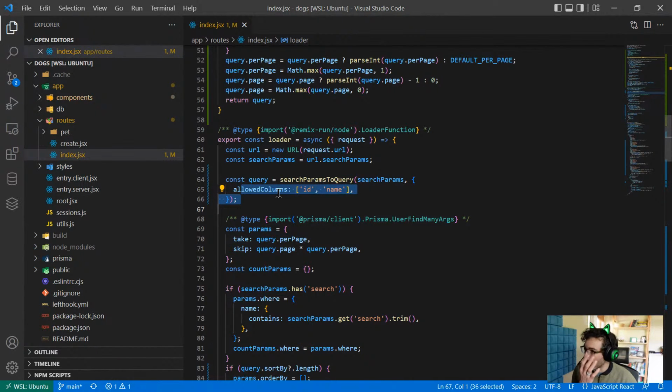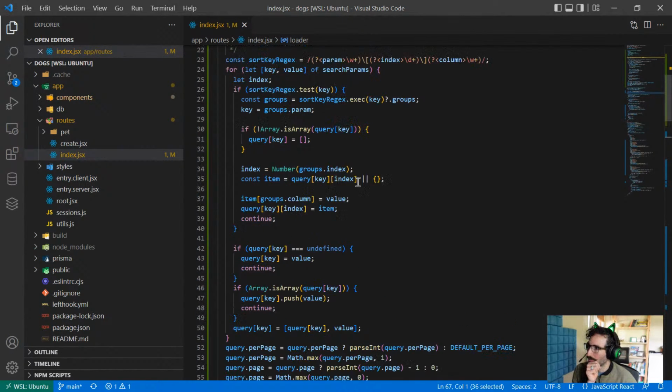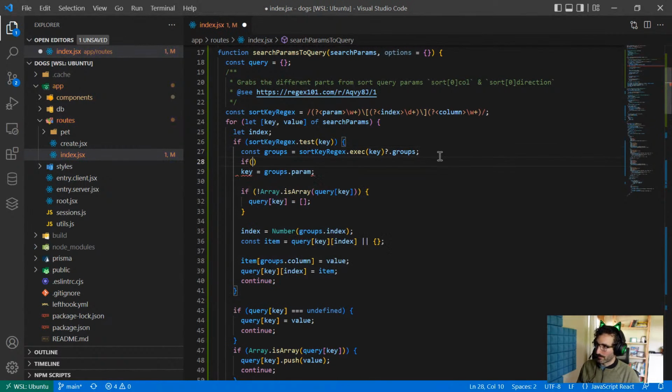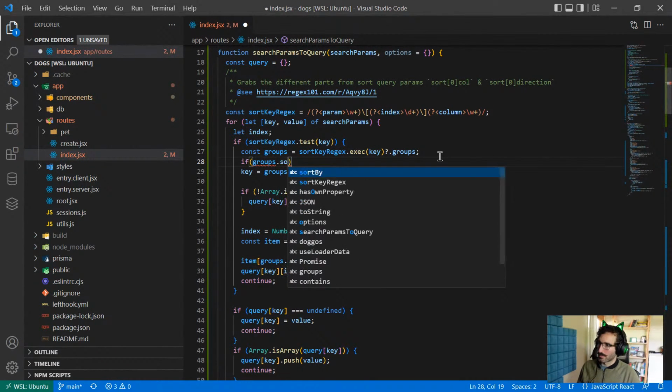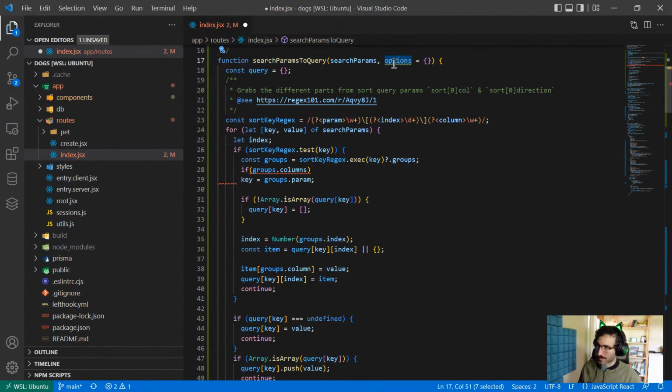I think we're good here. I'm just going to say what the allowed columns are that you're allowed to work on. And as long as they're in there, I can do something like if it has these groups, then I can say I've got the groups. Cool. If the groups dot column, or let's say if options dot allowed columns,